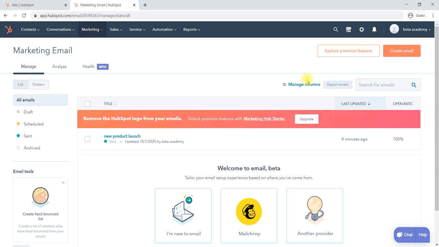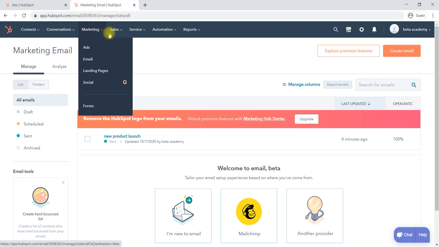The main thing you have to remember here: once you have created a mail, you can schedule it as well as send it immediately, and you can send 2000 mails monthly free of cost. That one you have to remember. Okay, this is all about how we can create and manage email campaigns using HubSpot in the marketing email section.